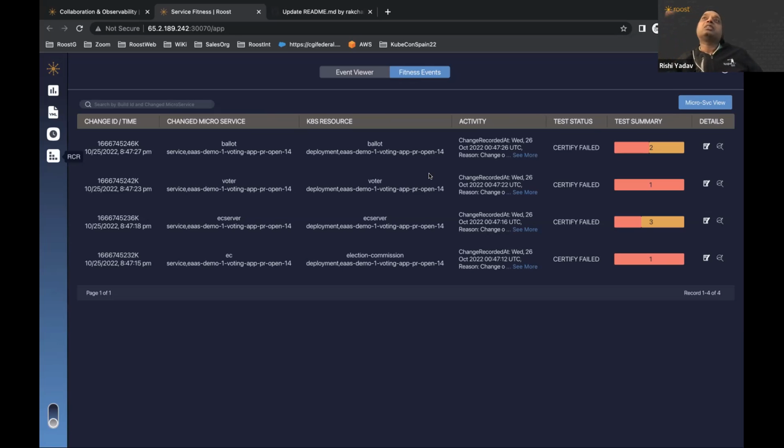But the key part here is the power of ephemeral environments, right? I think understanding that is very, very important, right? Because in today's day and age, if you are using static environments for your DevOps, it means you are doing something terribly wrong, right? I think that's the biggest takeaway here, right?